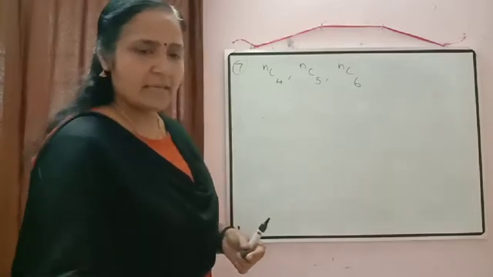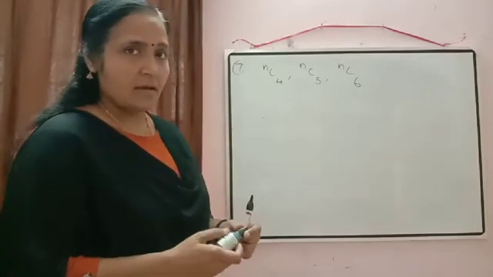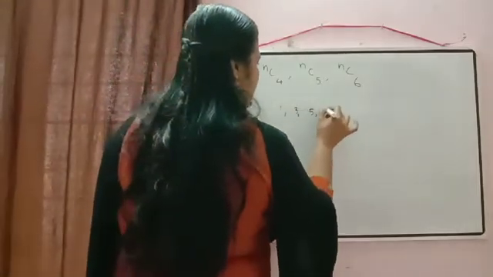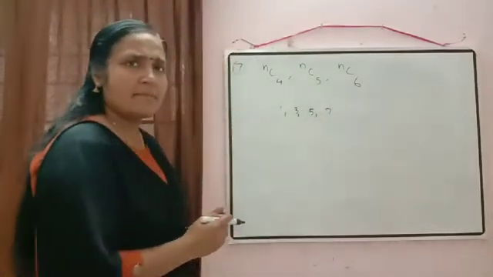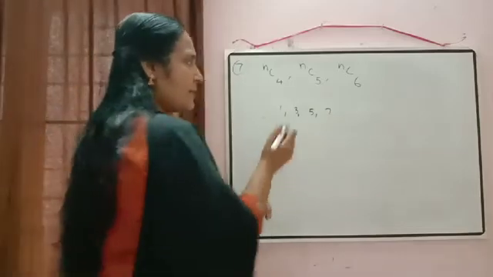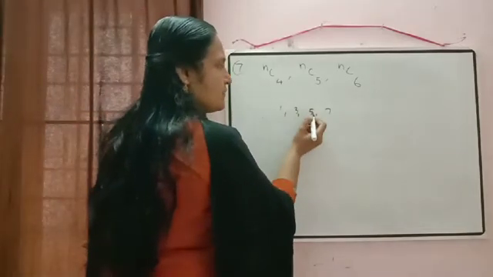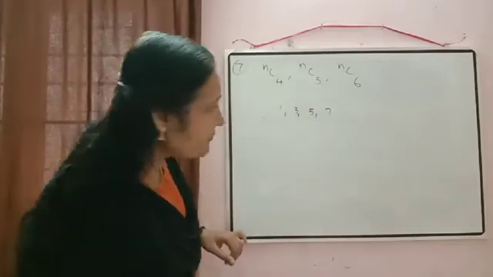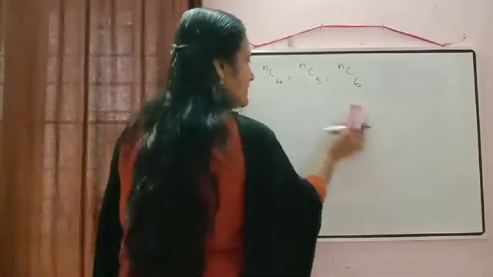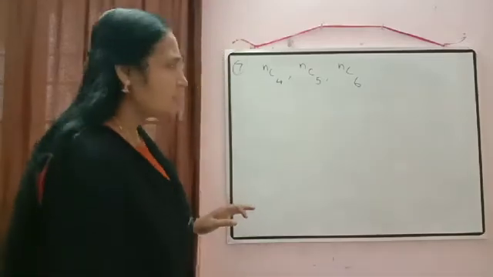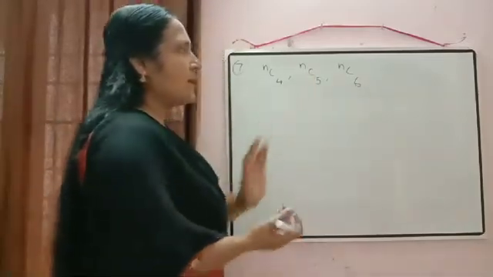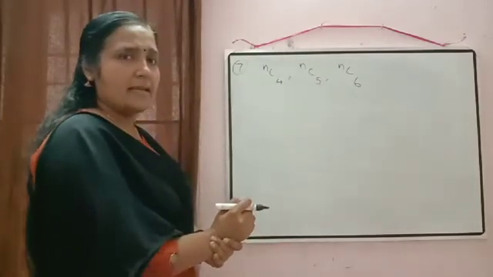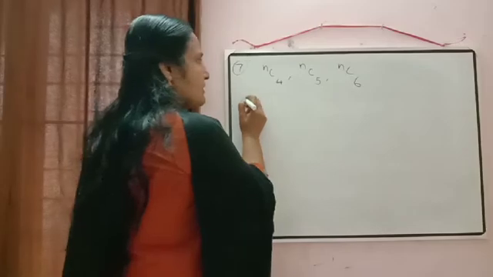When we are saying the expressions are in AP, just check some example there. Okay, 1, 3, 5, 7. Whether they are in AP? Yes, they are in AP. Why? Because the difference 3 minus 1 is 2, 5 minus 3 is 2, 7 minus 5 is 2 only. The differences should be the same there. Second term minus first term should be equal to third term minus second term. So already it is given that these expressions are in AP. So obviously their differences will be the same.